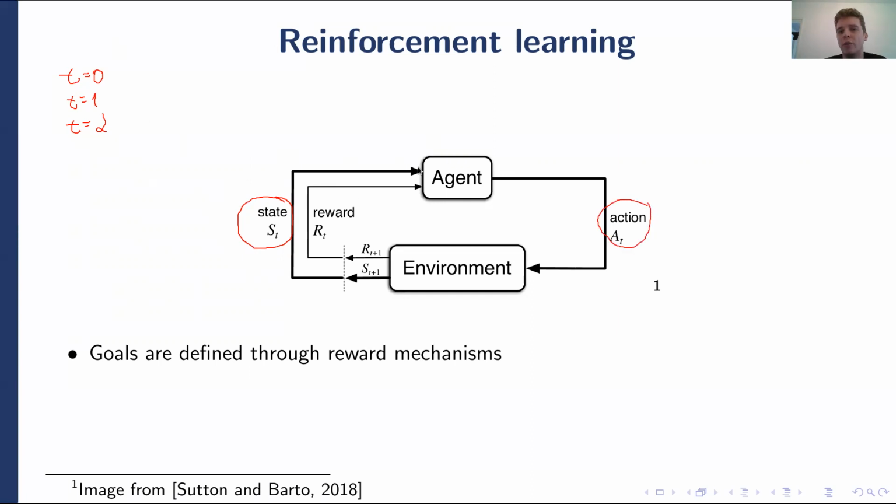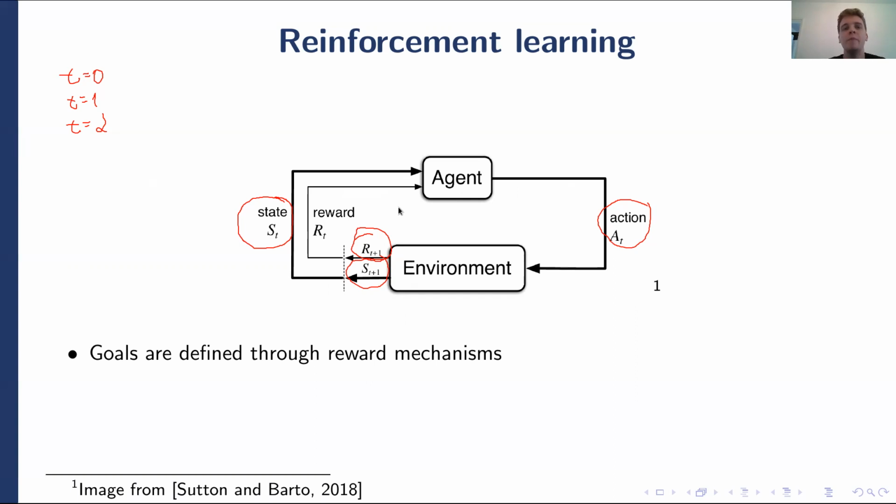So that's how the agent responds to a state from the environment. The agent responds with an action. So for a given situation, the agent must make a choice. And the environment will then respond to this action with a new state, so a state for the next time step, and with a reward. The agent will then observe this new state and take a new action. The environment will respond with a state and a reward. The agent will take another action. The environment will respond with another state, and so on for a number of time steps that you can imagine is fixed for now.